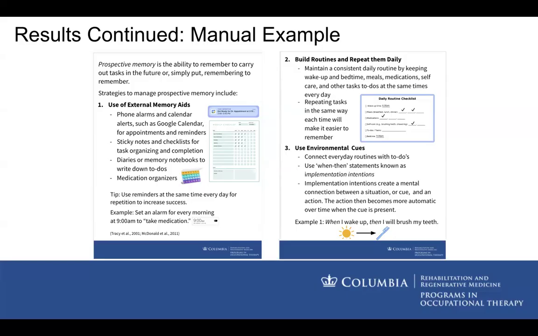Having the checklist of when to brush your teeth in the morning, in the evening, taking the dog out for a walk, showering. And then I also have an image of a medication organizer, and it shows week 1, week 2, week 3, week 4, and medication for the morning and night, and the reference at the bottom for the